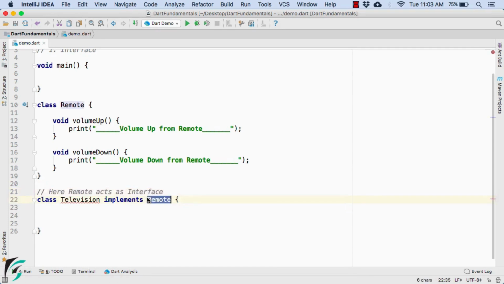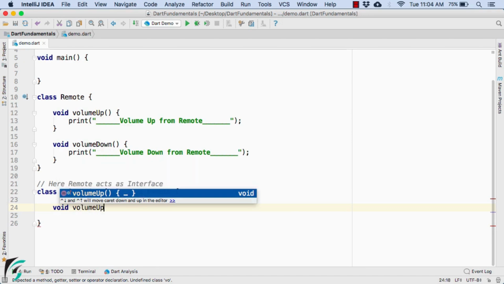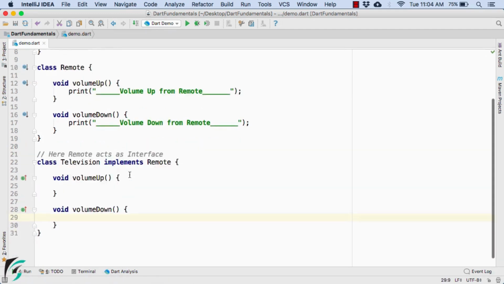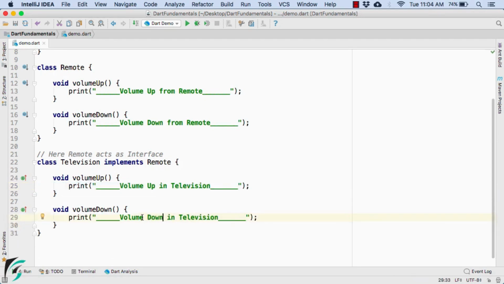And when it becomes an interface, in that case it is mandatory to override these two methods. So for that, let us implement these two methods by overriding them, such as void, and then we have volume down or volume up. So let us type all of these manually. And also let us override this volume down. And within these two methods, we can actually write our own print statement as per our wish. Looks great now. So in your real application, you can replace this print statement by your own code as per your functionality. Right now, I am just using a dummy print statement here.